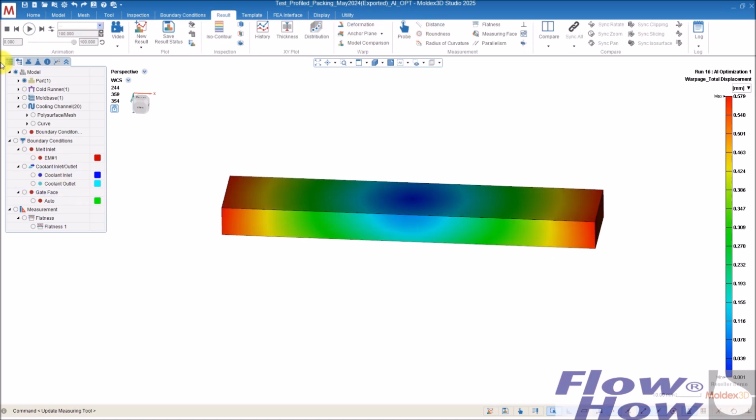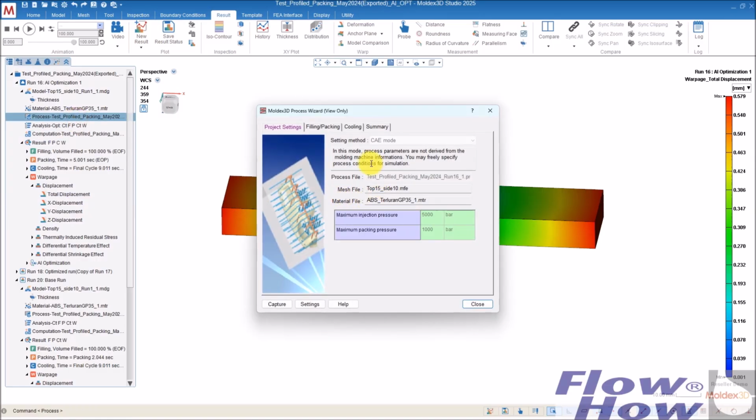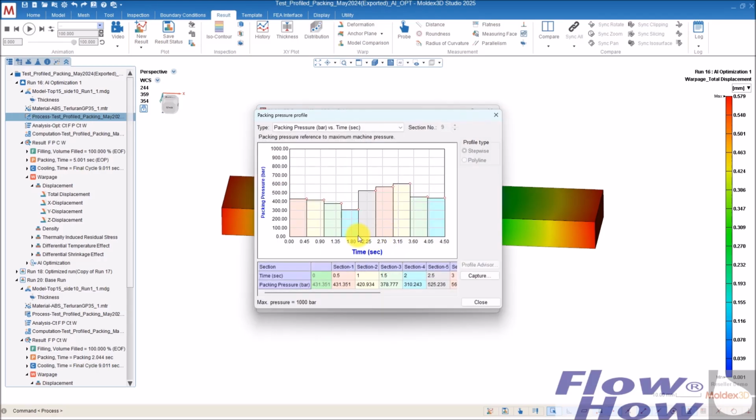And then you can go back here and see the optimized run. It automatically updates the process. So now the process doesn't look like this with straight. It has adjusted all these according to its own optimization, and then it ends out with this profile.